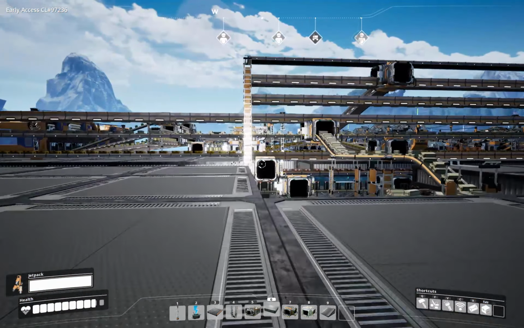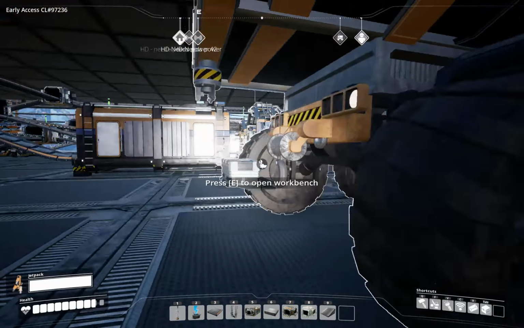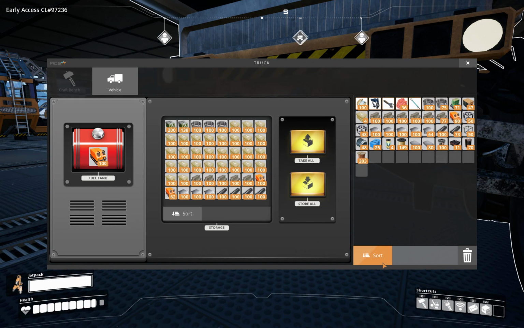There it is. Yay. Oh, I didn't want to drive it. I wanted to go in here because it's got some concrete for me. Put these 4 back. I always have leftovers, and I grab some plates. So we've got plate and rods and encased beams and concrete and extra cable, all that kind of